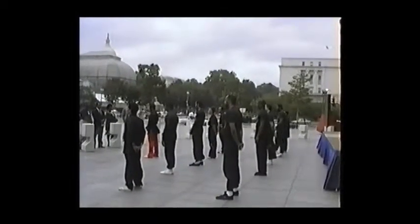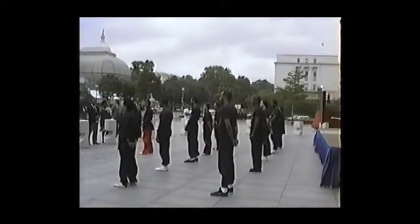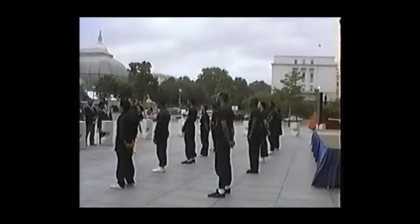I don't know how many of you know what Tai Chi is, but it's a system of exercise that is taught throughout mainland China or throughout the Orient as a means of keeping the people physically and mentally strong and in shape. We have been fortunate enough for the last 4 years to be allowed to travel to the People's